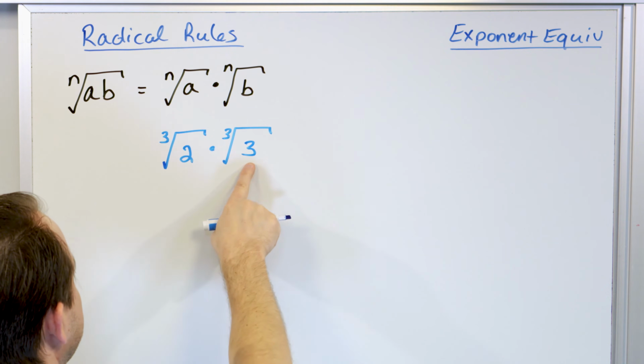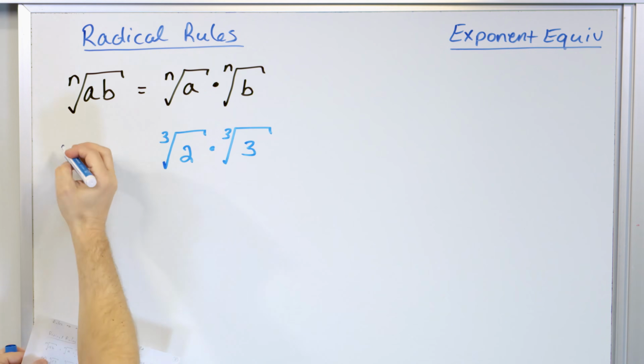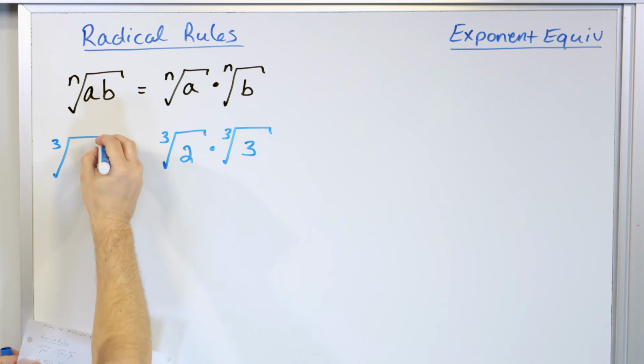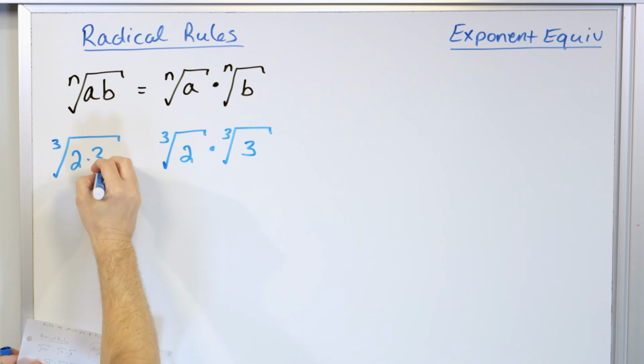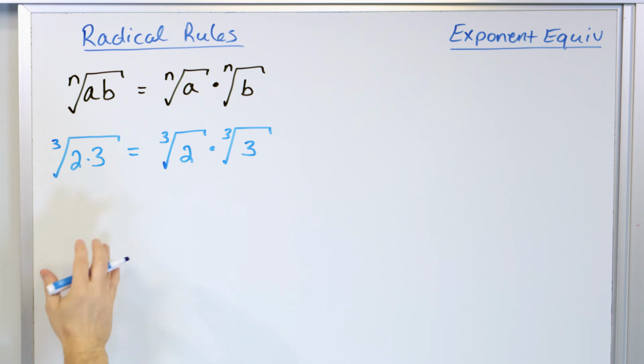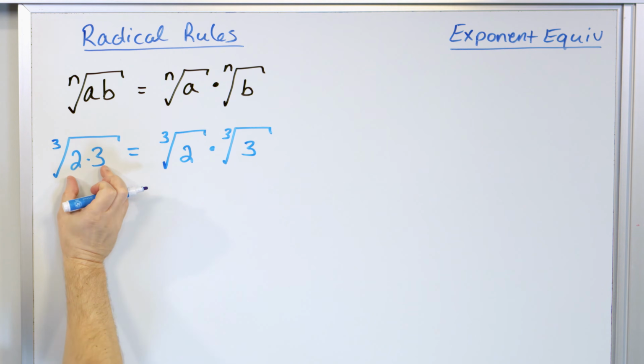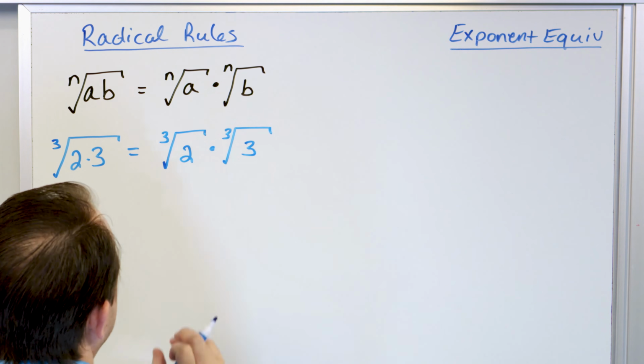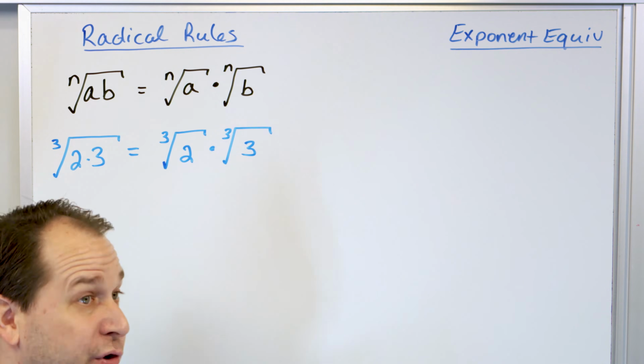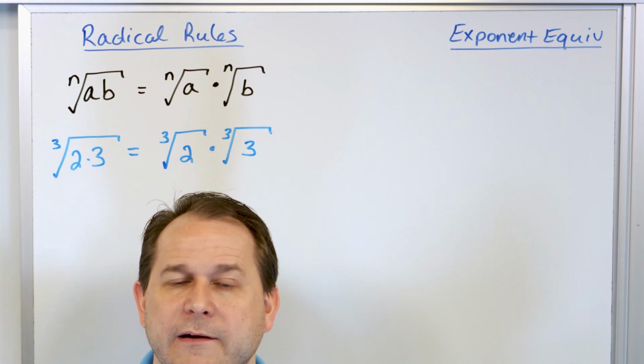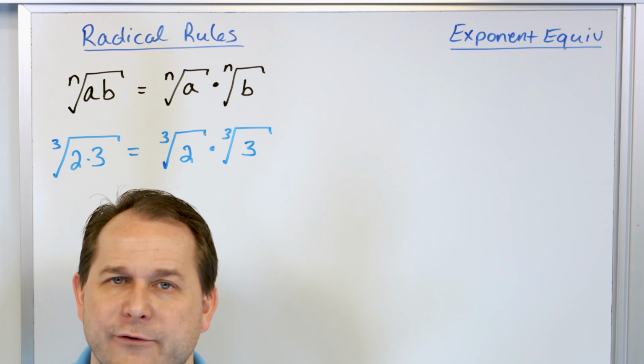I have a 2 under this one and a 3 under this one. I can combine them, but it still has to fall under a cube root, and it'll be 2 times 3, which you know is 6. So really what it'll be is the cube root of 6 is equal to the cube root of 2 times the cube root of 3. So that's very useful, because if you have a large expression of radicals that are multiplied together, like a square root